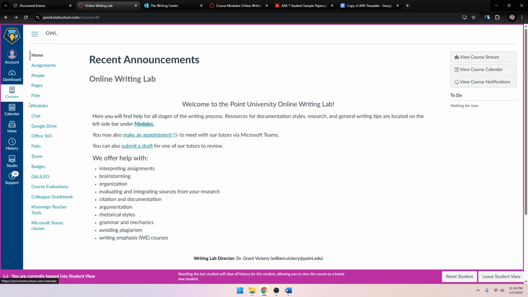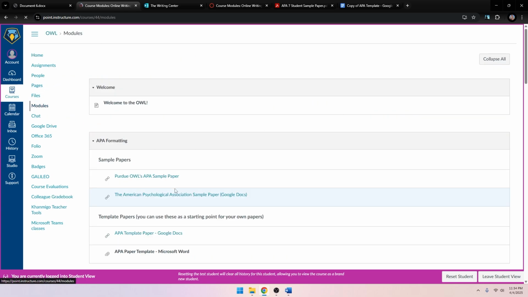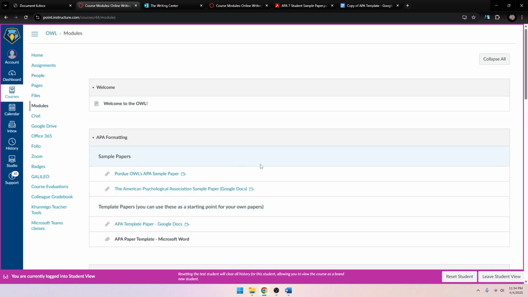Now, if you are wanting to just look at rules and do this on your own, you can also click on modules. And here we are at APA formatting. Now, the first thing you'll see here is the Purdue OWL's APA sample paper. The Purdue OWL, their online writing lab, has been the gold standard for a long time. And if you click on this, it will open up